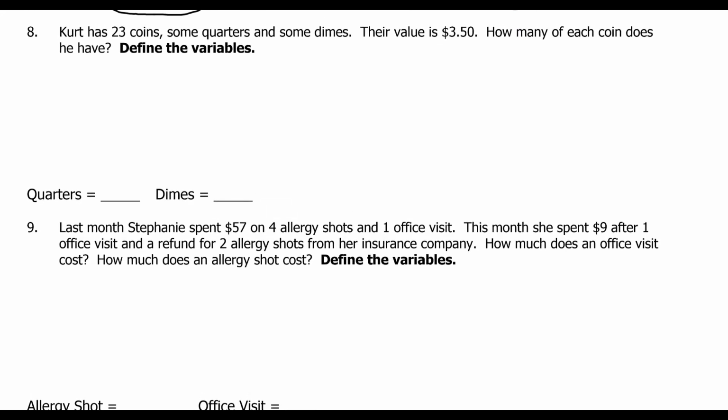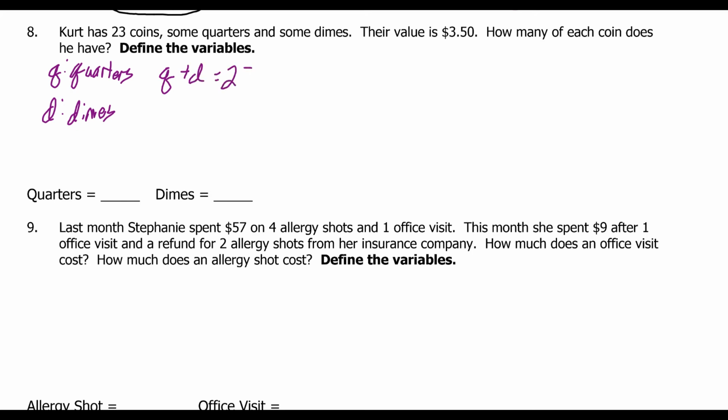Alright, so on number 8, Kurt has some coins. He has 23 of them, some quarters and some dimes. Their value is $3.50. How many of each coin does he have? We know that the number of quarters and dimes must total 23. So we've got Q for quarters, and then we're going to have D for dimes. When we add those together,